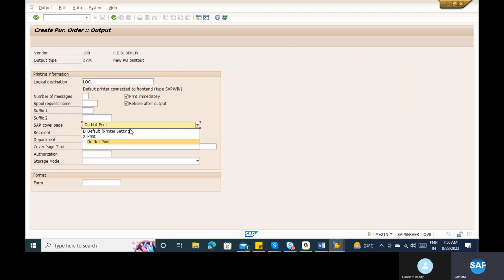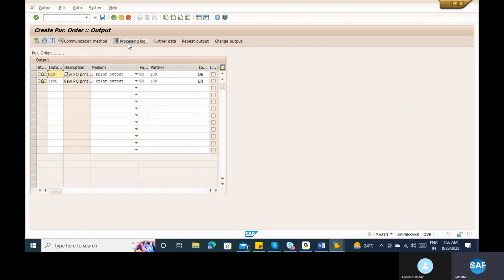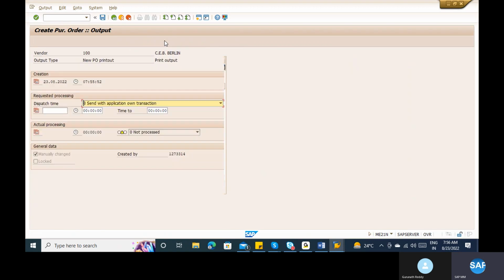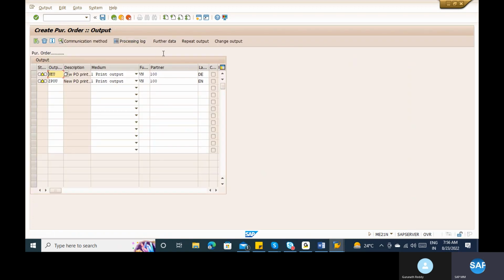All of it comes by default. Select this one and click on further data. You can see whether it is sending in its own transaction or sending immediately. If you want to change it here, you can change it manually, but automatically it is capturing